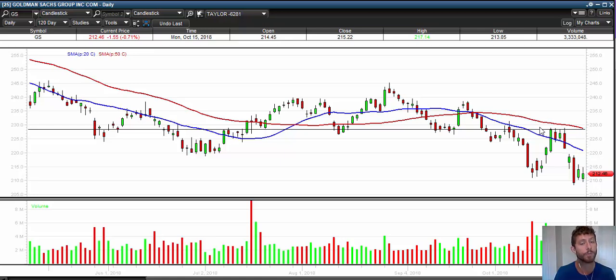Again, that's what it's about. It's not about being right every time. It's about controlling what you can control, and that is risk versus reward. And right here, 3-to-1 is pretty good odds. Also, not only is that some resistance up here, but the 50-day moving average is right around that level as well. So the next one that I want to take a look at is